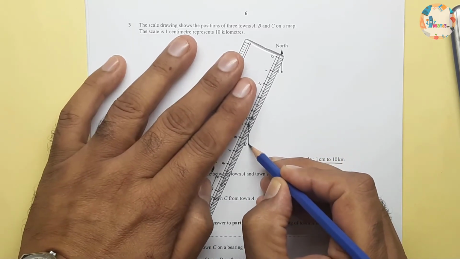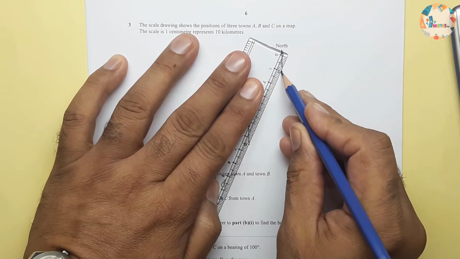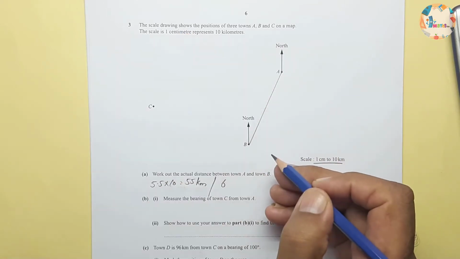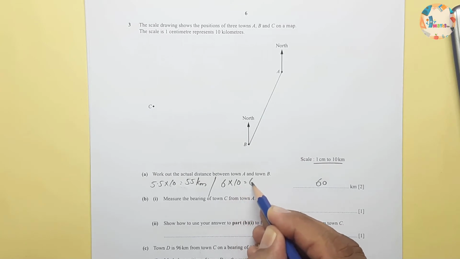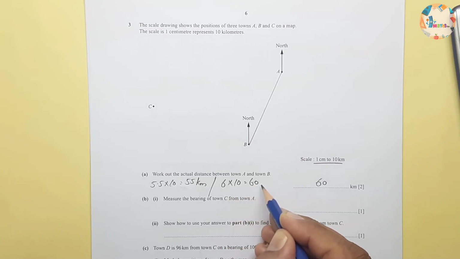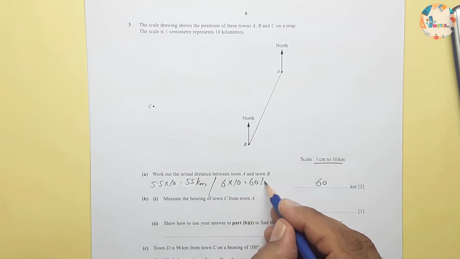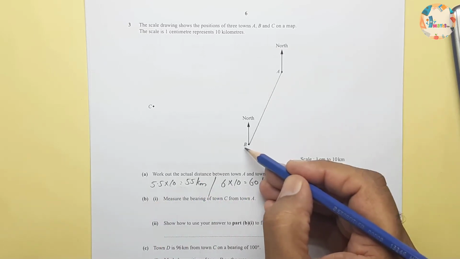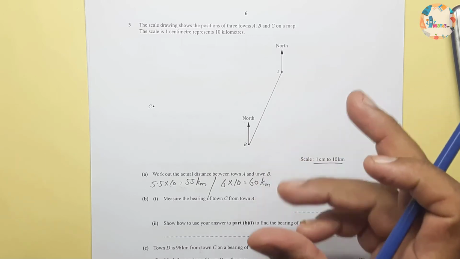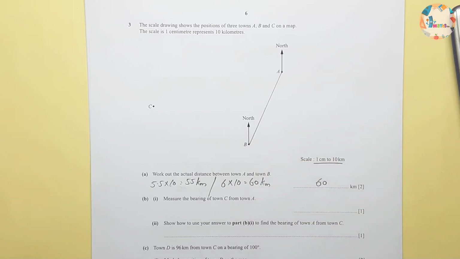If you want, you can even join this to check this distance and measure it. That is not an issue. So this will be 6 multiplied by 10 is equal to 60. This is the marking scheme calculation which I'm giving you, and this is the calculation which we have done. This is the published paper which is having a little reduced size, so I have provided you both the calculations